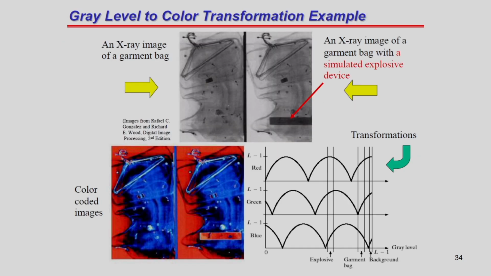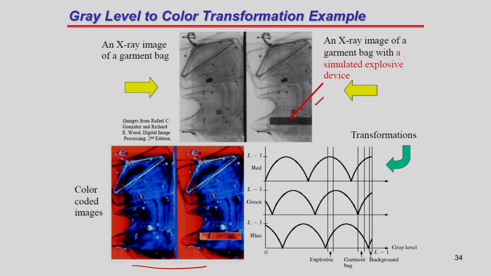So one example you can see the X-ray image of a bag, suppose here I am considering, and we have to assign colors. In this case how to do this? So the first one is I am considering the grayscale image and I am assigning the colors, the color coded image I am getting. So for this I am considering some transformation. You can see the transformation for the red component, green component and the blue component.